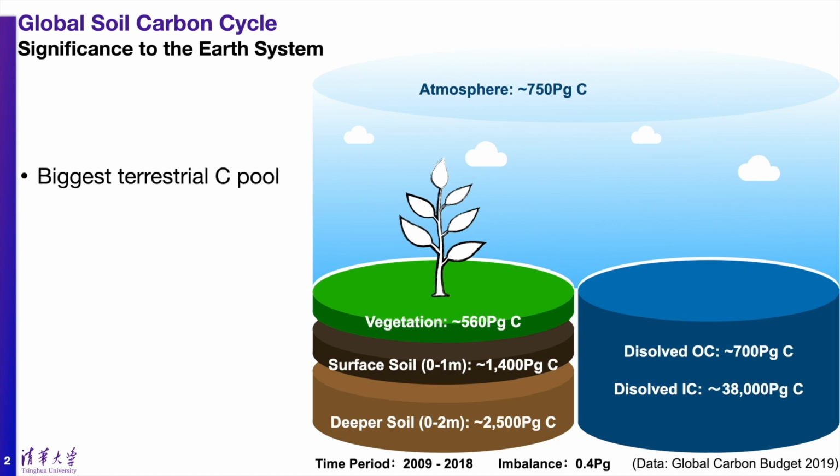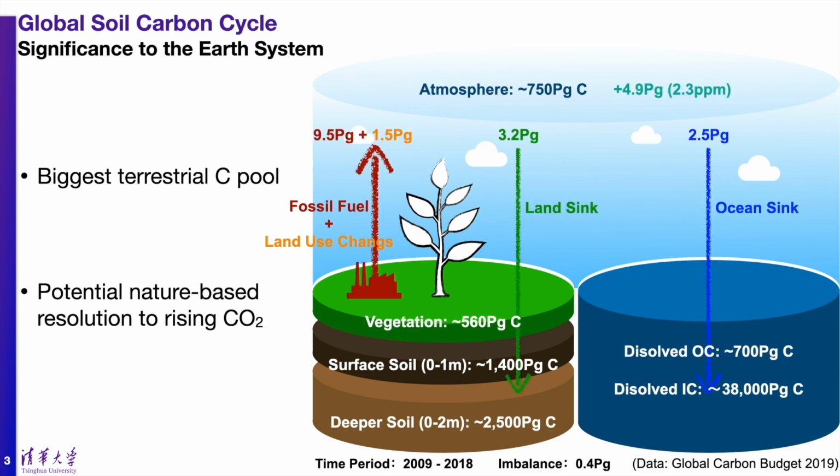cycle. It's actually the largest carbon pool of the terrestrial ecosystem. At the same time, we have observed soil as a huge carbon sink to sequester carbon dioxide from the atmosphere. Understanding the soil carbon distributions and stock is essential in understanding the global carbon cycle and its feedbacks to the changing